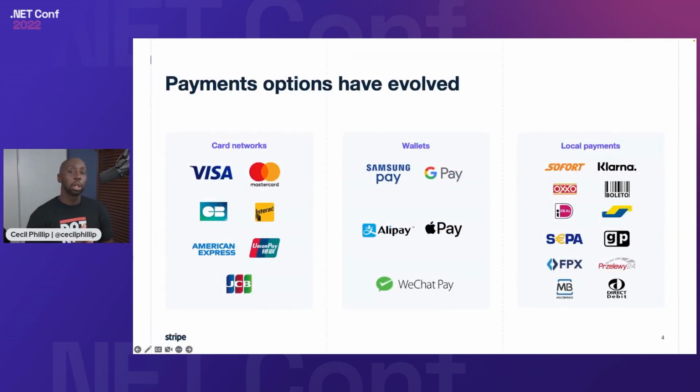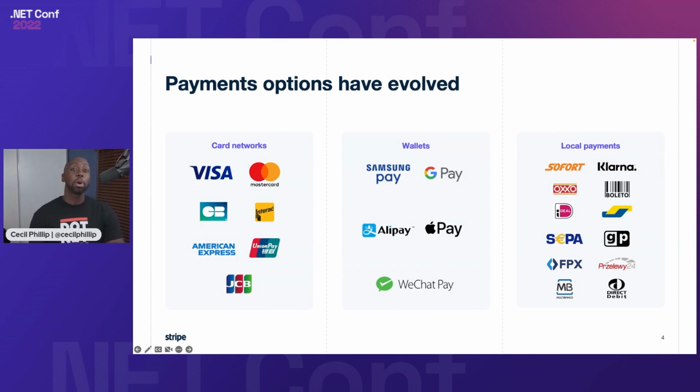Now, if we take a look really quickly at what the payment landscape has looked like over the past couple of years, you can see that it's continuously evolving over time, right? A lot of folks use credit cards, and that's common: Visa, MasterCard, American Express, and so on. But then we started to move toward more convenient, more unobtrusive ways of paying. A lot of folks have Apple Pay or Google Pay. I'm sure many of you go to the supermarket and tap your watch to pay for your groceries, because you have these types of things available on your devices.